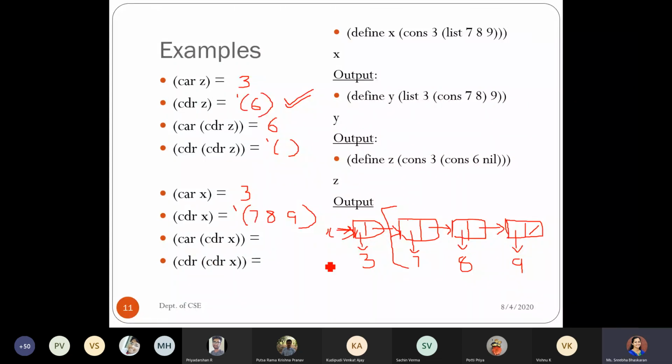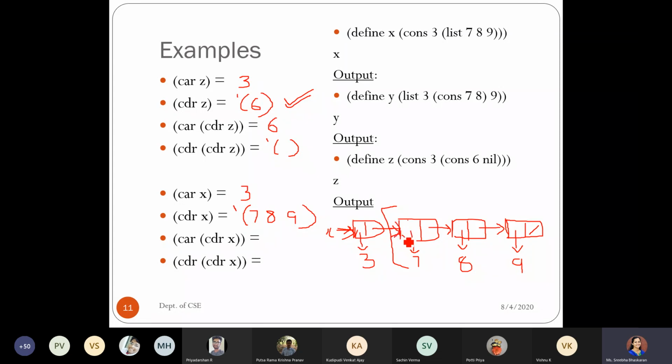Now further moving on to car of CDR of x. So car of CDR of x means the innermost parenthesis which we are having is CDR of x. So when I say CDR of x, it is nothing but this entire portion. So from this entire thing, I have to find out the car of it. So now you are here.